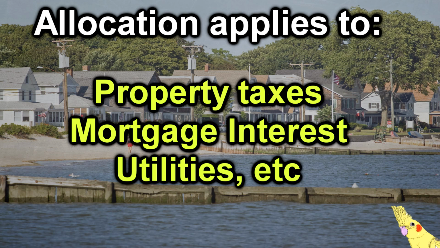Now, if Chipper can itemize, he's going to get that deduction. But if he can't, well, he just loses it. That's just how it works. This type of allocation may apply to other rental expenses for this property as well, such as mortgage interest and utilities. And repairs and other such expenses may or may not be subject to these limitations, depending upon the circumstances.